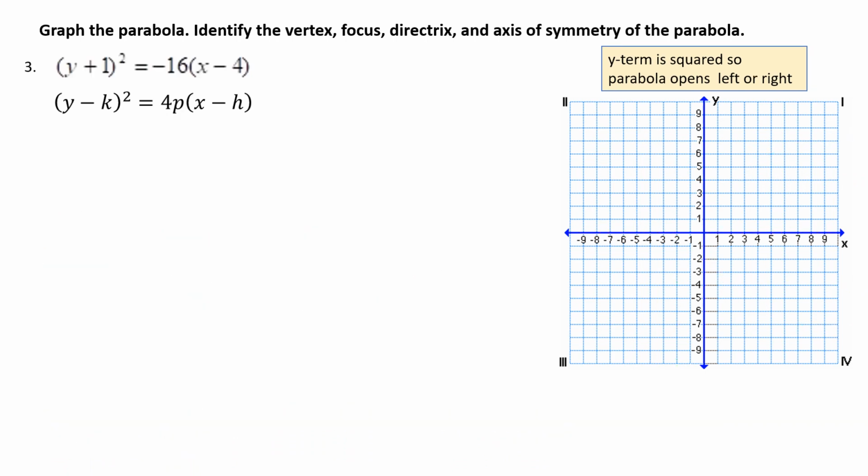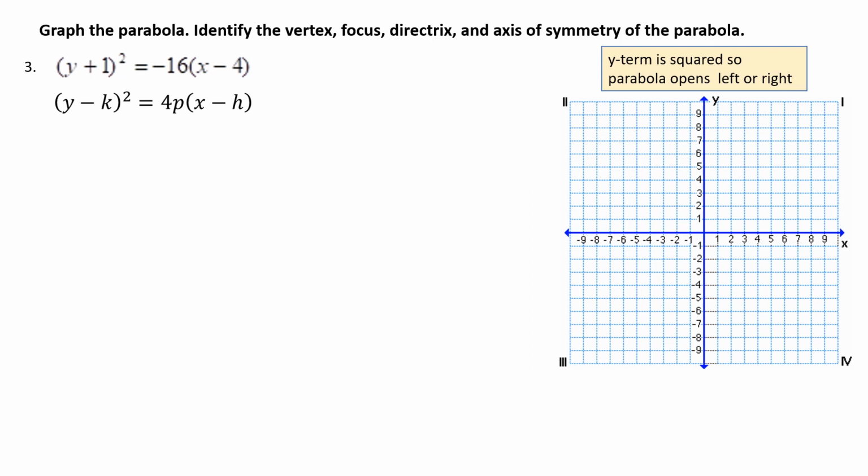Hello students, so in this video I'm going to work on two problems, graph two parabolas. These two parabolas have their vertices at (h, k), and the (h, k) here is not the vertex. So if you look at the first example right here, you see that